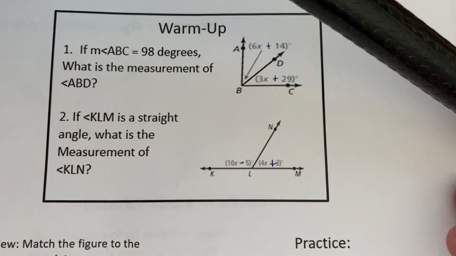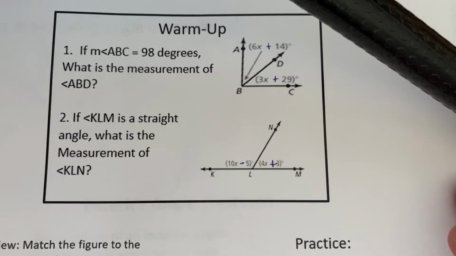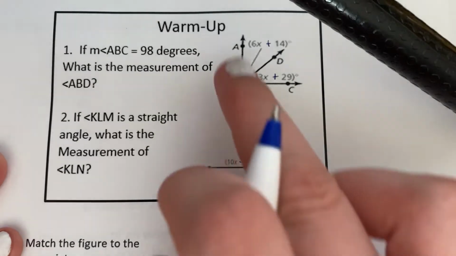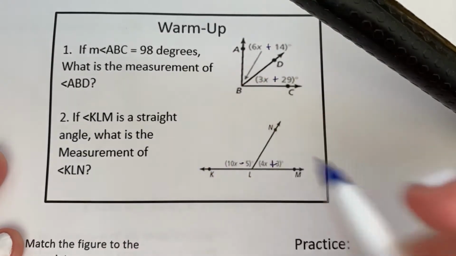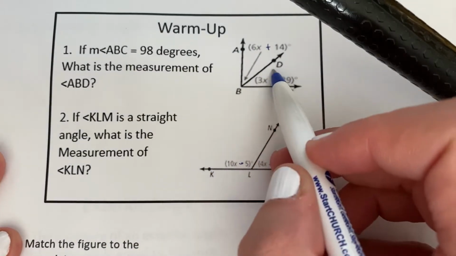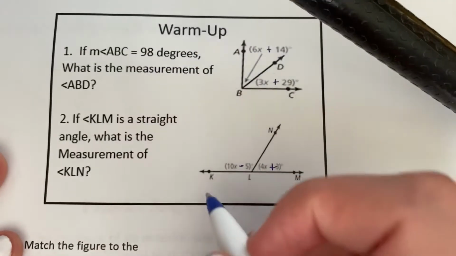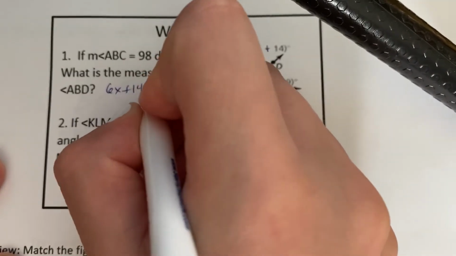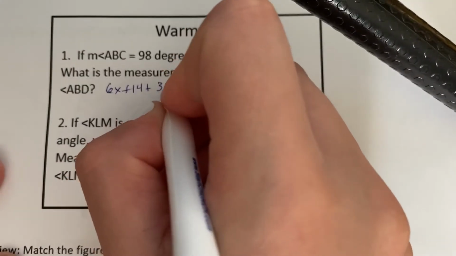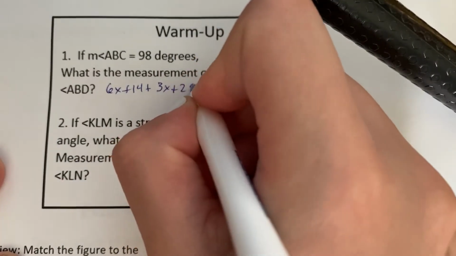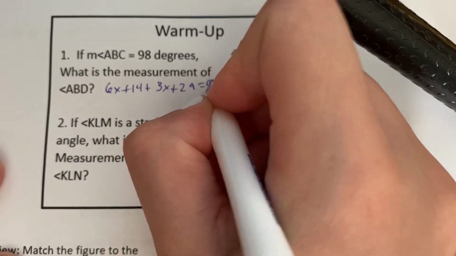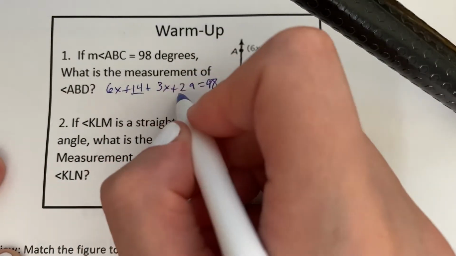All right, if I find the measure of ABC is 98 degrees, what is the measurement of angle ABD? Since ABC is my whole angle, these two are angles that make up that whole angle, so I should add these together and set it equal to 98 degrees. So we got 6x plus 14 plus 3x plus 29 is equal to 98, okay? Then I'm gonna combine my like terms. So this is 9x right here